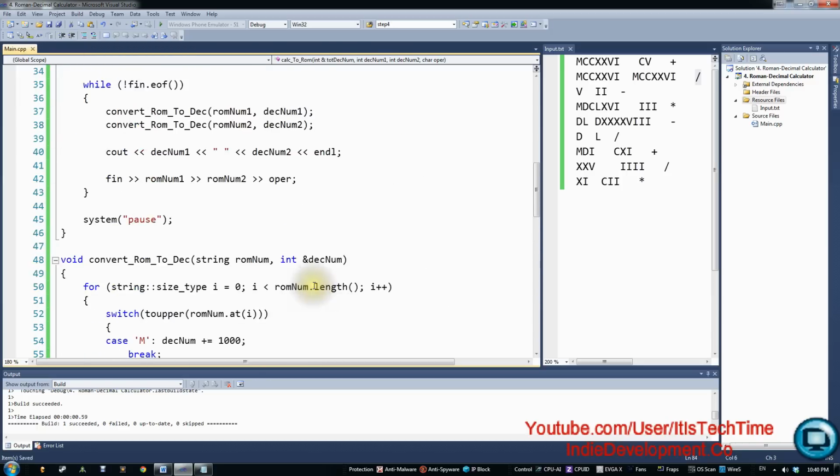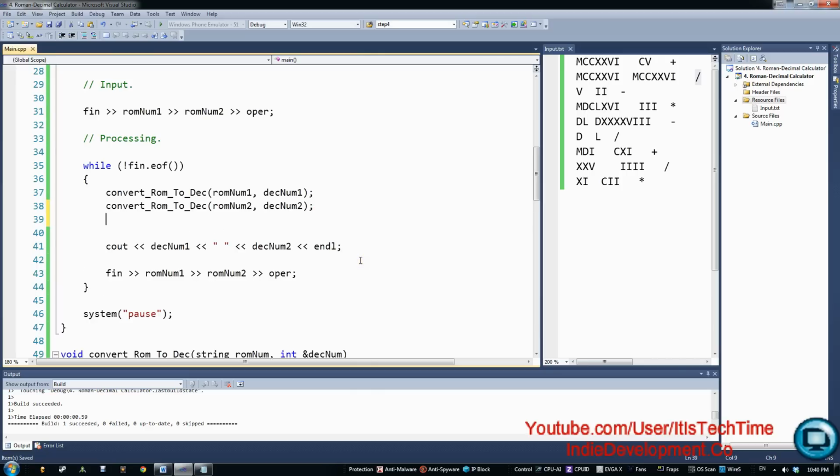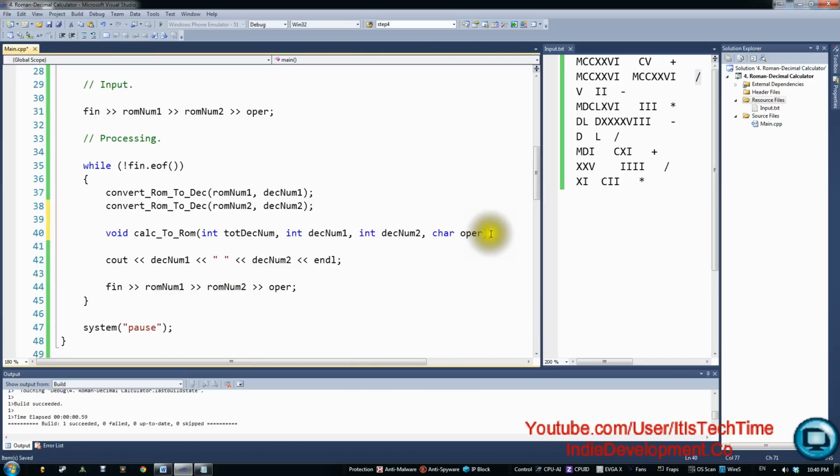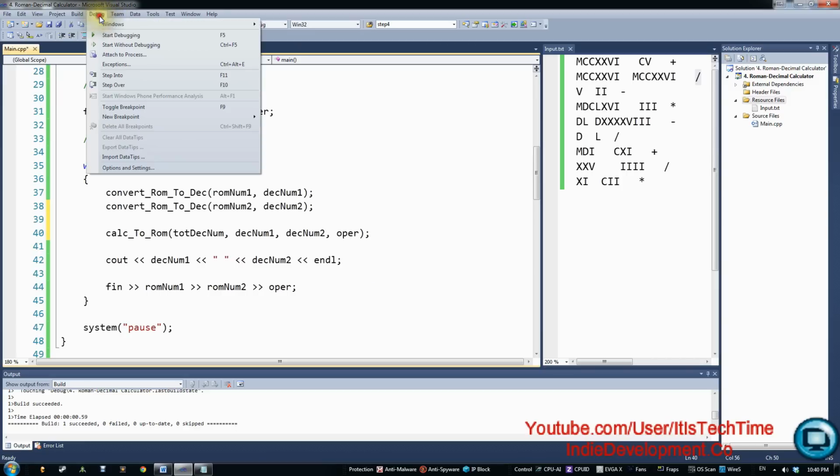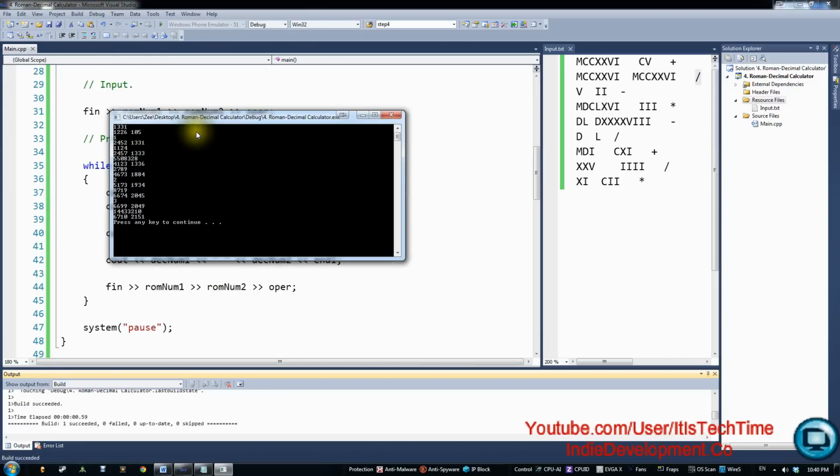I'm going to go up, and I'm going to call it right in here. So what did we call it? I'm going to just paste it right in here, and I'm going to take all of that off and all of this off. Alright, so calc to Roman, open parenthesis, then you can call total decimal number, comma, decimal number 1, comma, decimal number 2, and then operator, close it. Now let's see what happens. So control F5, or you can do debug, start without debugging,